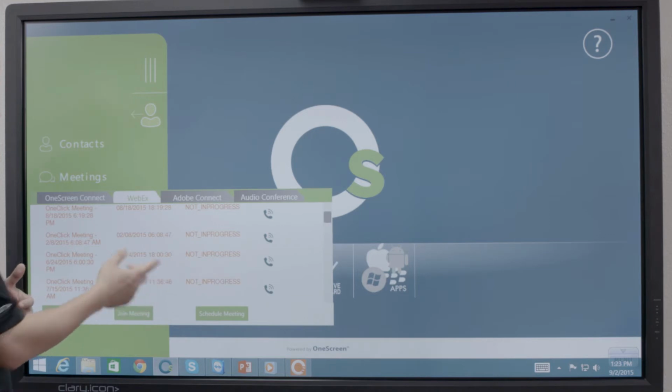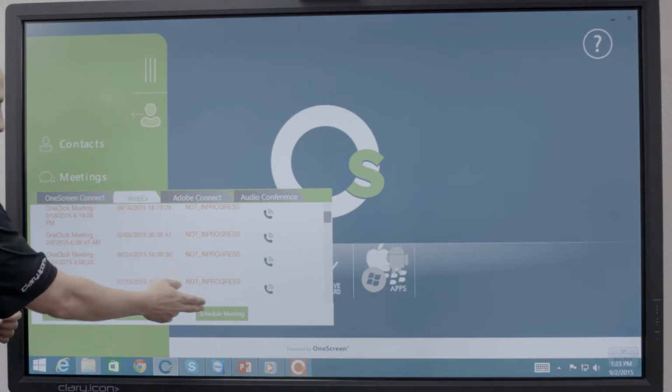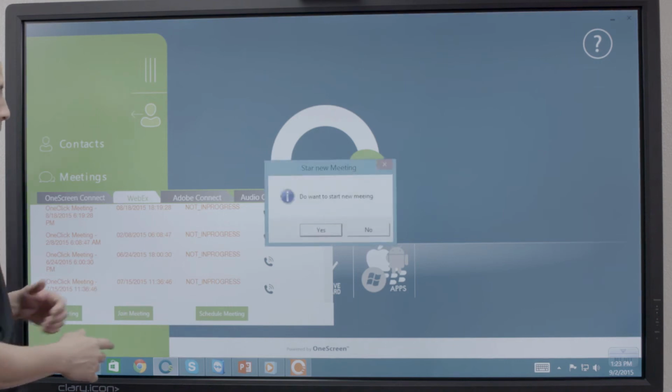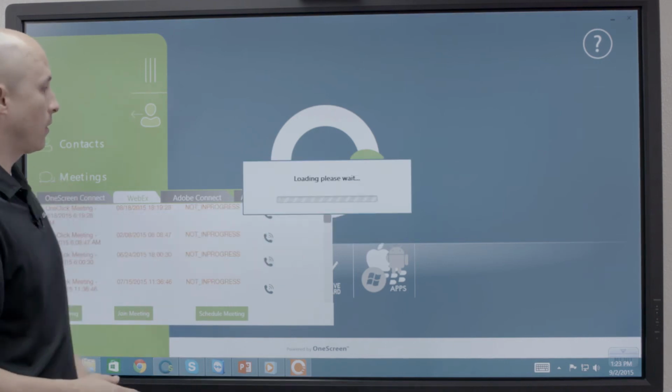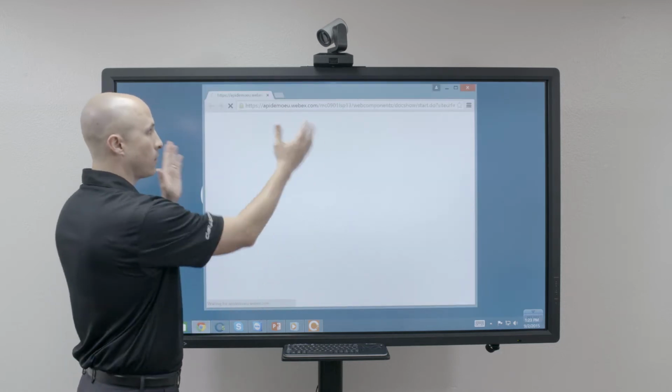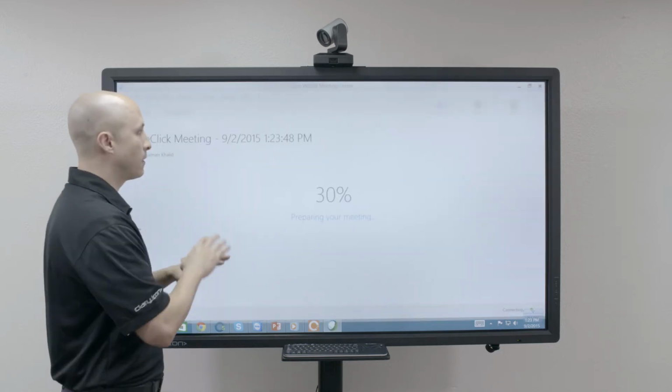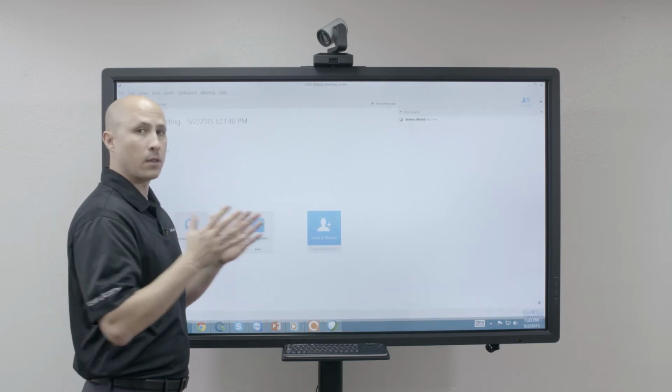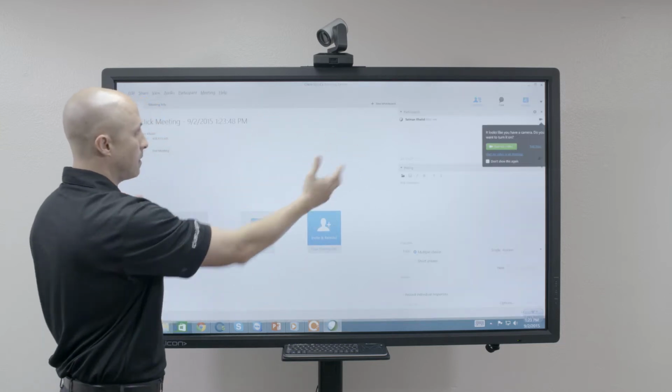Now, to give you an example, if I were to click on WebEx, right here I have New Meeting as well as Join a Meeting, and then of course Schedule a Meeting. Now, New Meeting, simply put, yes, I want to start a new meeting, click on that guy. What it's going to do is automatically launch a WebEx session directly through your WebEx portal. So this makes it a very easy one-touch directly to WebEx